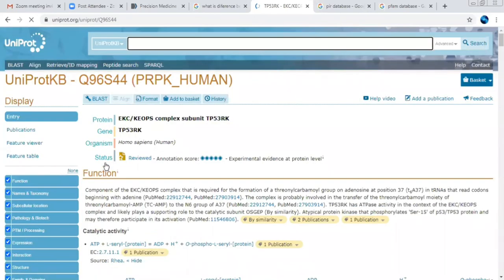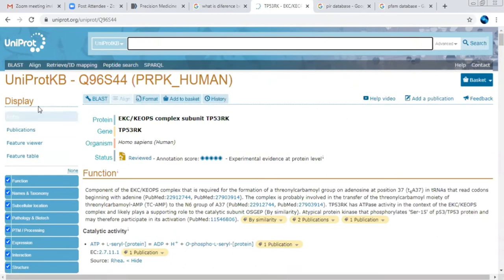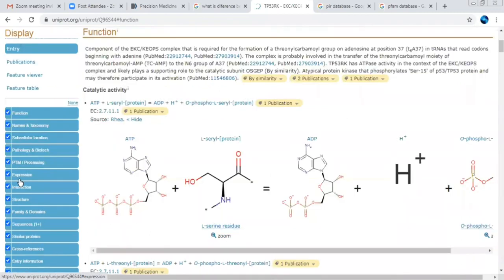Here is the data we get after the search. Before going to this particular option, I want to show you the information listed overall on this page. You will get the entry you have been given, the publications, and the functions of the particular protein.